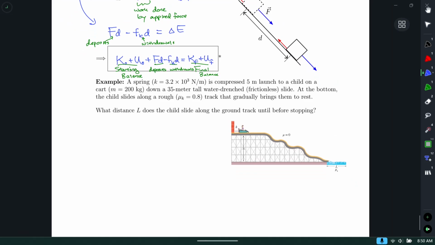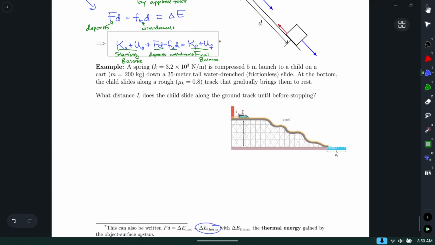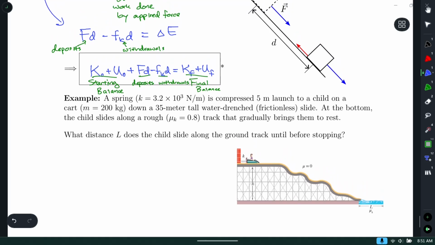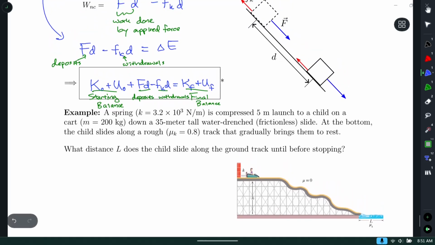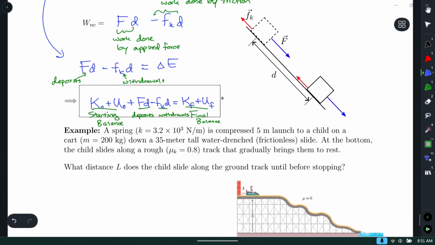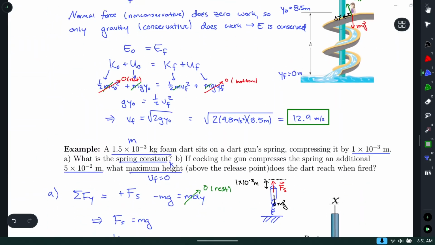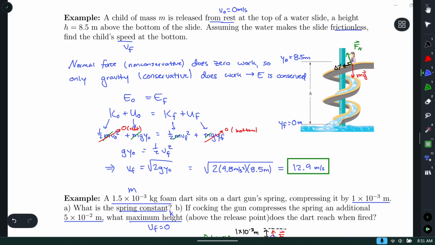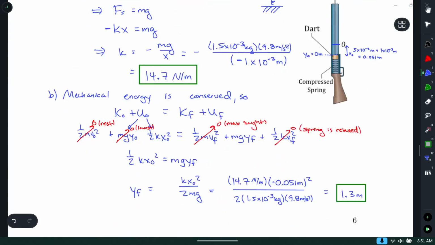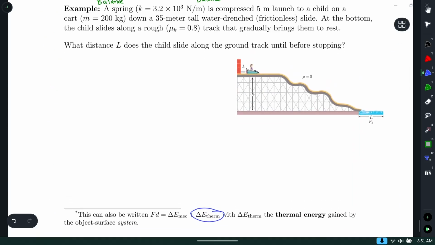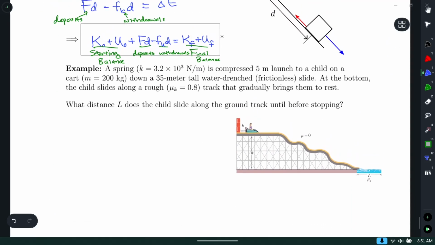And this is just kind of putting all of that stuff together. It's just a lot of calculation. With these problems where we do have friction, now this thing in the box is your starting point. For the ones where we didn't have friction, it was the slightly simpler version, K plus U equals K plus U. Friction just adds a couple of terms, a couple of things to the balance sheet, but otherwise doesn't really make things any worse. So we have a spring compressed 5 meters to launch a child on a cart down a